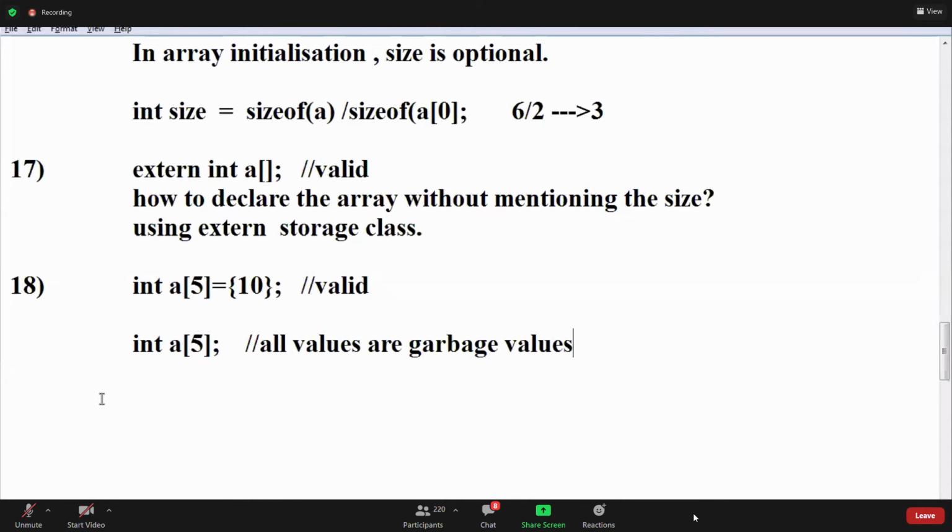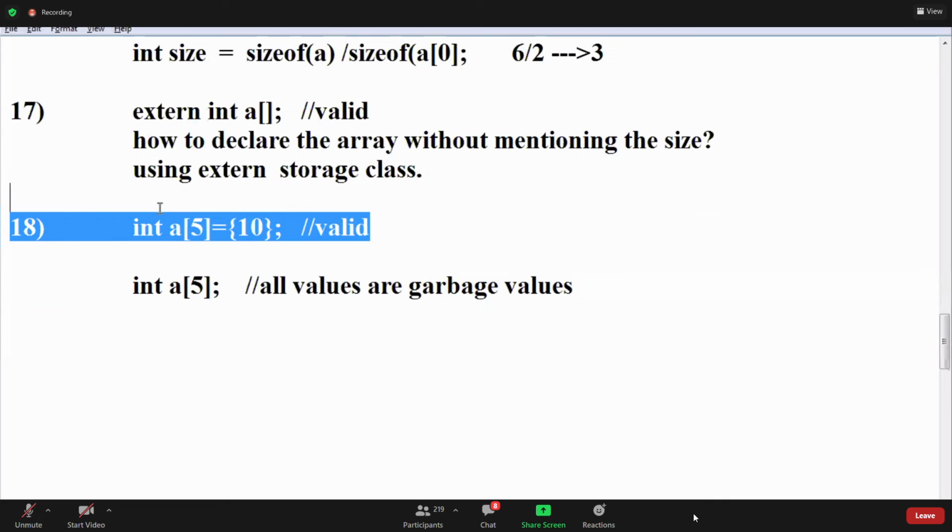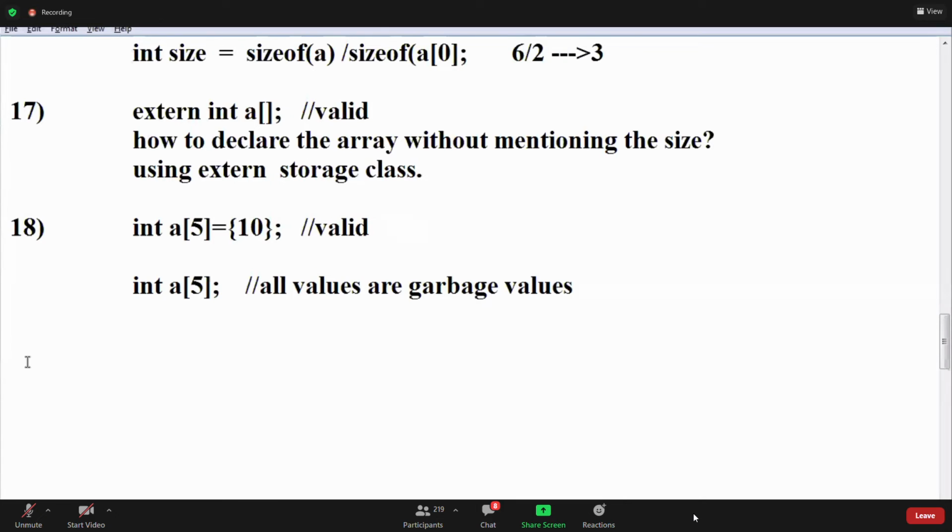Okay? If I passed even one single element, then all other elements are zeros. Yeah, next. That is for integer, okay, guys.